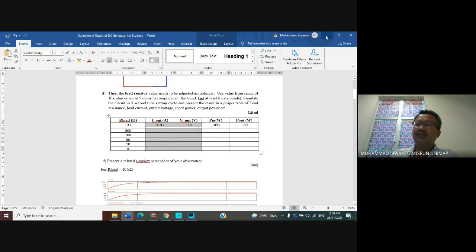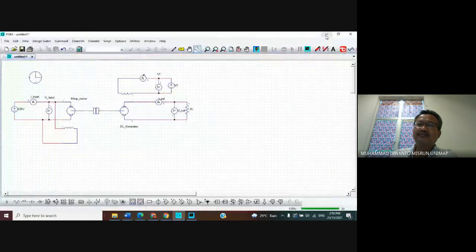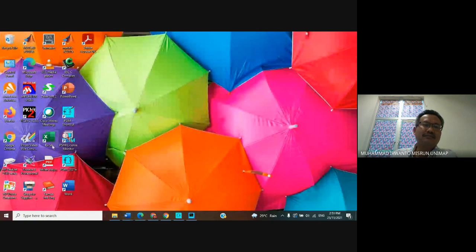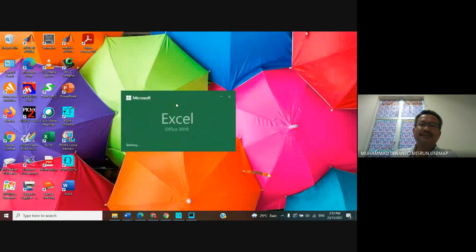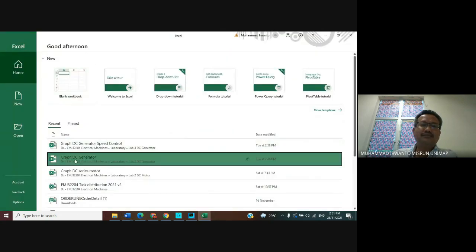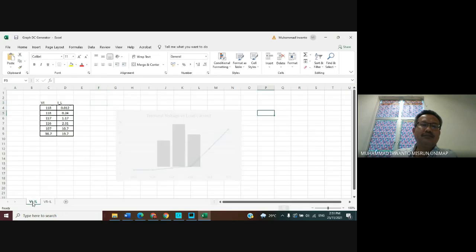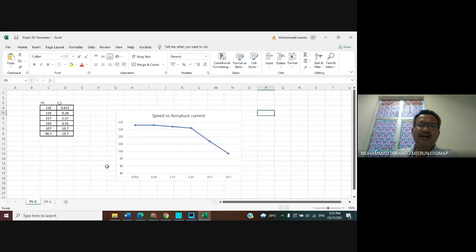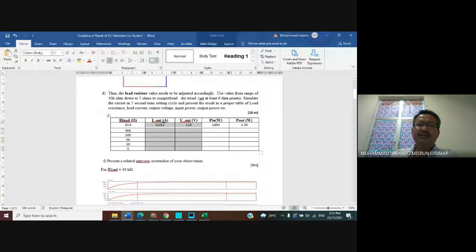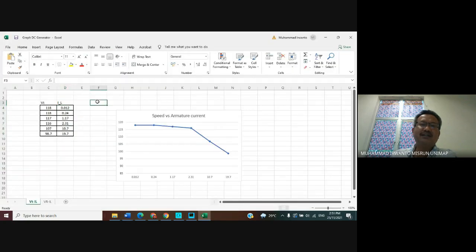For example, like this one. I obtain terminal voltage and load current from this table. By using Excel, draw, and you can obtain the curve like this one.